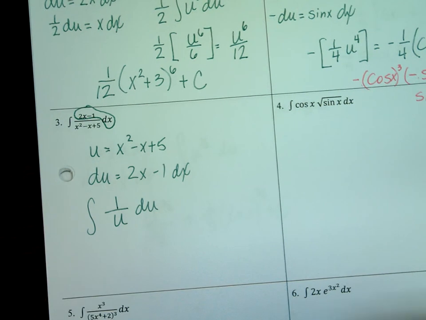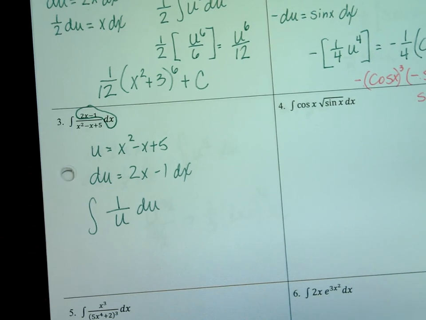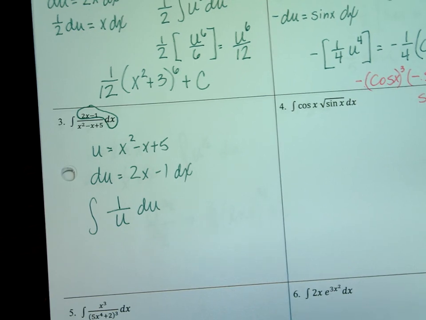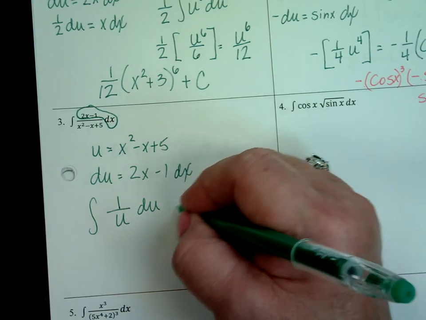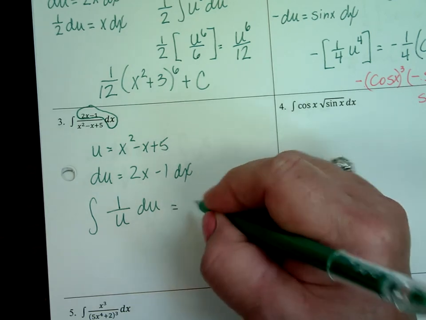I can hear the light bulb going on. I heard it. Yeah, if you take the integral of 1 over u, it's ln. Right? Because what's the derivative of ln? 1 over x. Okay. So this one becomes, when I take the integral, the ln of u,